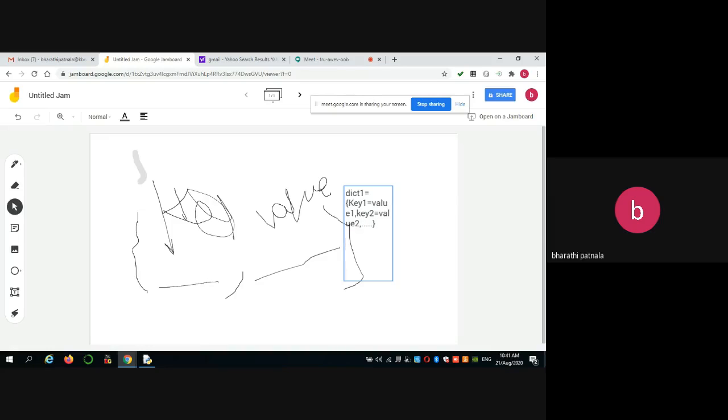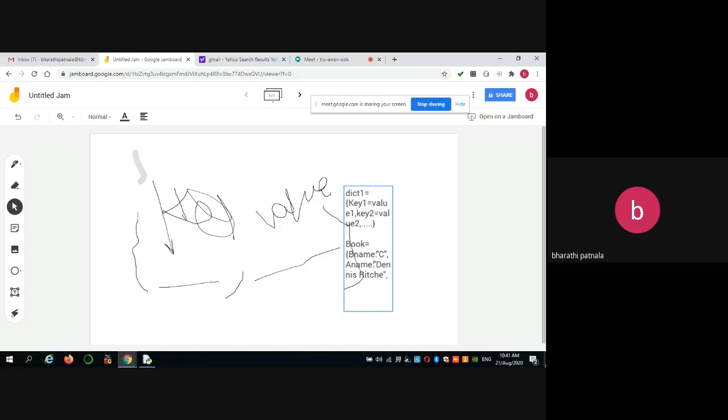For example, if you have a dictionary like book, the book having book name, so book name is equal to, let us say, C, and author name is equal to Dennis Ritchie. Similarly, we have one more key item, book name colon, author name colon.